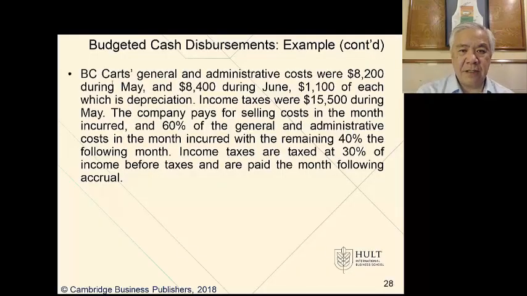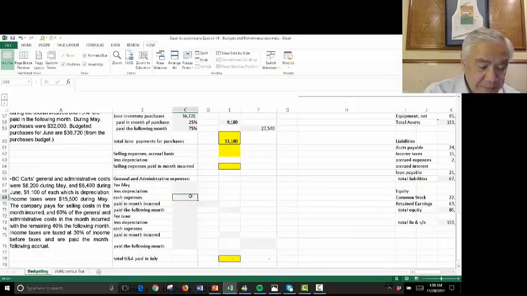All right, now let's do the next section of cash disbursements, which are for general and administrative expenses. Here we have a long description of the G&A expenses. I'm just going to copy and paste this into the spreadsheet, and we could show how to work with it. So BC Cart's general administrative were $8,200 in May, $8,400 in June, and each of those have $1,100 in depreciation included in them. Furthermore, we have $15,500 that are for income taxes that we're going to pay in June, and